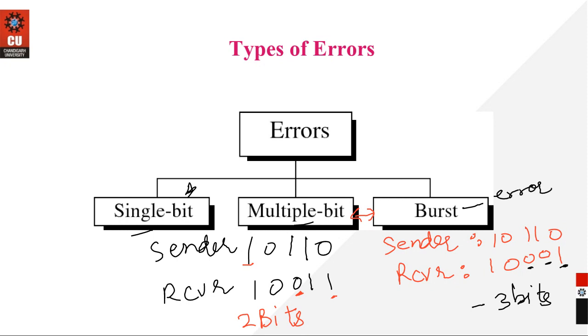All right, so that is the difference and similarity between multiple bit and burst errors. Did you understand? Single bit means just a single bit is impacted. Multiple bits means bits at multiple places, at different places. But in case it is a multiple bit error, and along with that those bits are consecutive to one another or are neighbors, then we will call it a burst error. It is kind of self-explanatory. With the name you may get confused between burst error and multiple bit error, but both are the same kind of thing. Just keep this in mind: whenever you are talking about burst error, it is when multiple bits together are getting impacted.